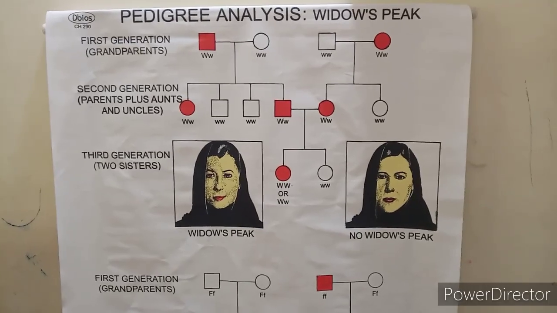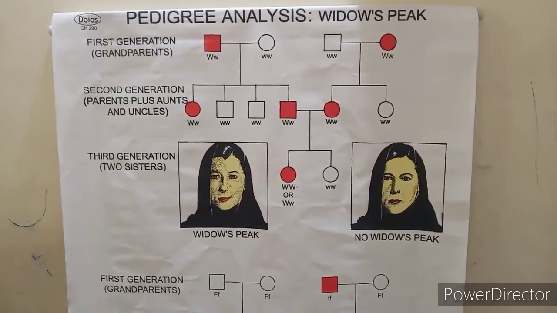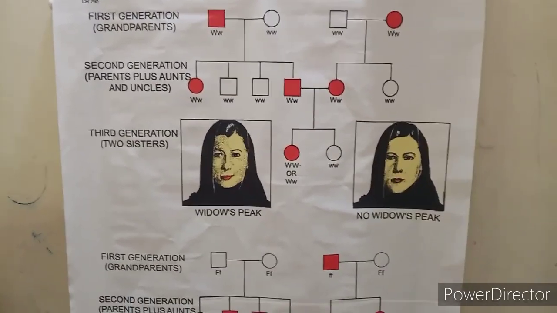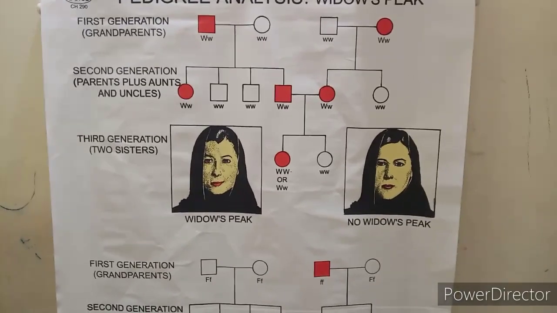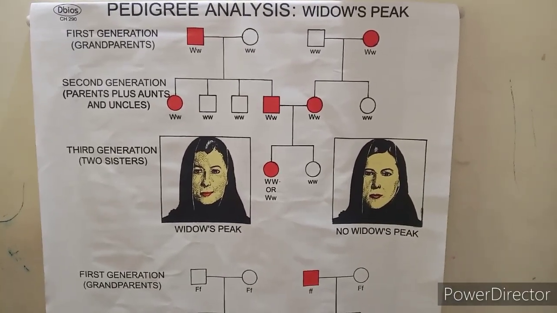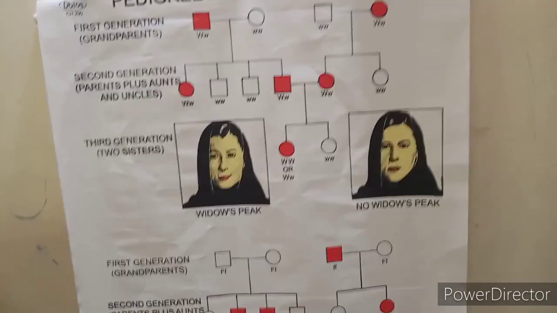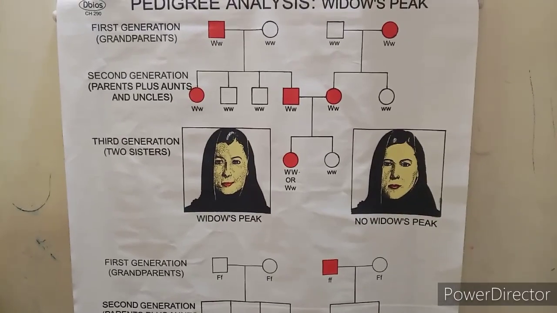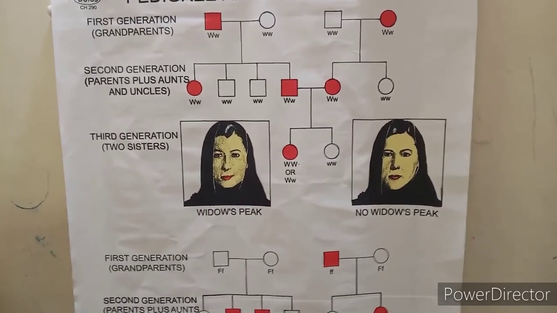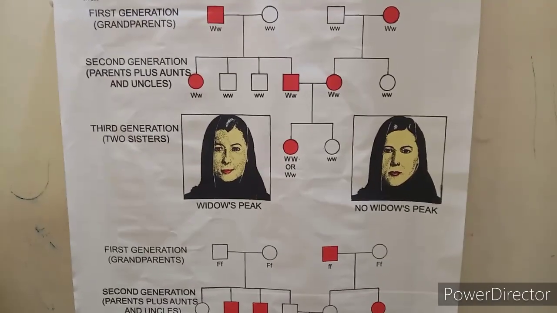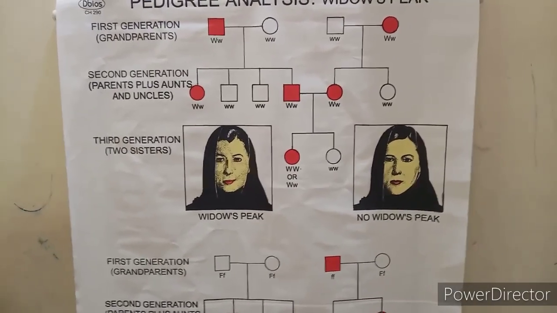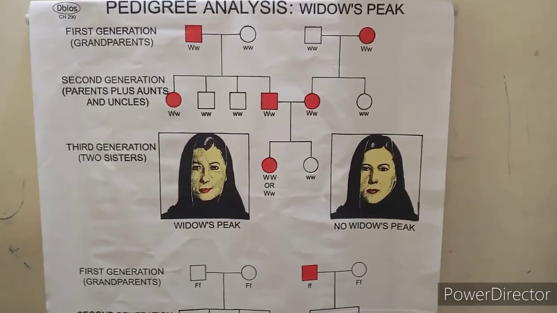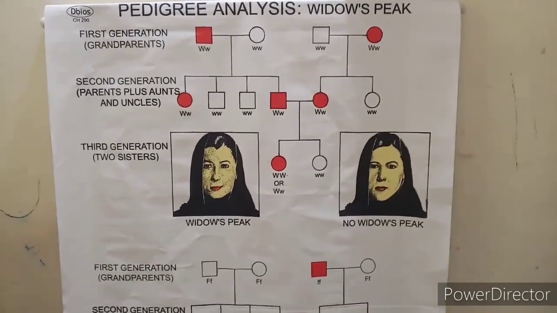So this trait is again a dominant trait, which will be present either in the homozygous dominant condition, or in the heterozygous dominant condition. So you can check for yourself also. You can put your hair behind your forehead and see whether you have a widow's peak or you don't have a widow's peak, you have a straight line. Those who have a widow's peak have the dominant trait, which is again an autosomal dominant trait. And those who don't have the widow's peak have a straight line forehead.